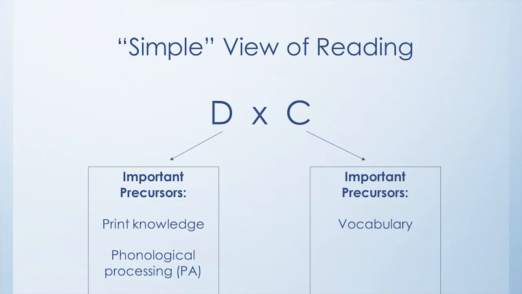So those will be our focus for the rest of our morning. So to bring it all home, we have the simple view of reading, and we have precursors to the D, print knowledge and phonological processing, often referred to as phonological awareness, and then we have vocabulary as a precursor to C. So what we're going to do, we're going to take about 5 minutes, and when we come back, we're going to spend a little bit of time going through each of the